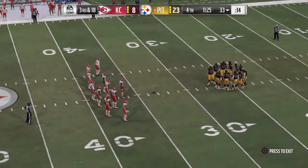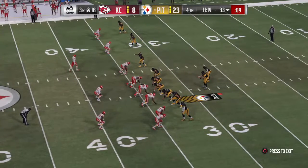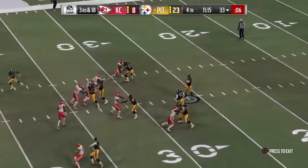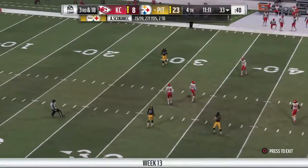The Steelers on 3rd down. Not quite 50%. 4 for 9. This will be a tough 3rd and 18. Here we go now. Green, 39. Going deep for Hopkins. And it's knocked away and